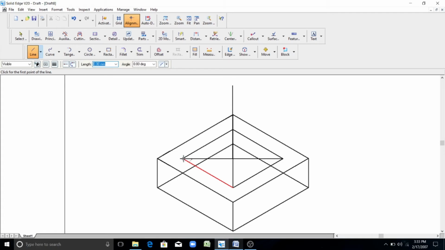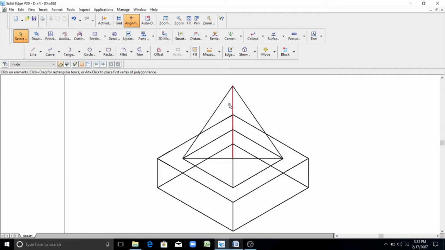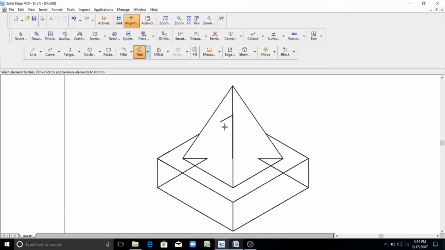So from all the corners you have to join these sides. From this corner it's already joined. From this side also you have to draw. So this finishes this model. Now you want to trim the unwanted lines so that you can get the exact model. Just you can draw a line here. All those lines can be deleted like this. You don't want these lines, all these lines. Just you can select like this also.